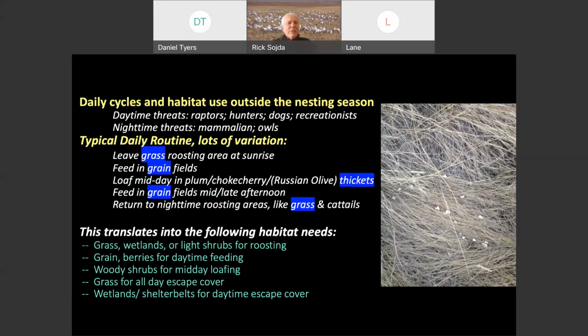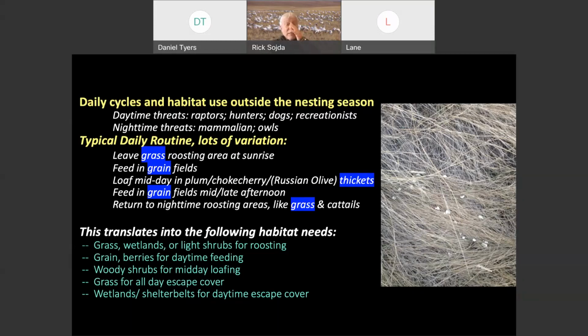They leave the grass roosting areas at sunrise, they feed in grain fields, they loaf in midday in plum, chokecherry, Russian olive, buffalo berry kind of thickets. Those thickets lessen the threat from aerial predators, because they can't fly through and nail the birds as quickly in those thickets. Then they go back out into the grain fields in mid and late afternoon,